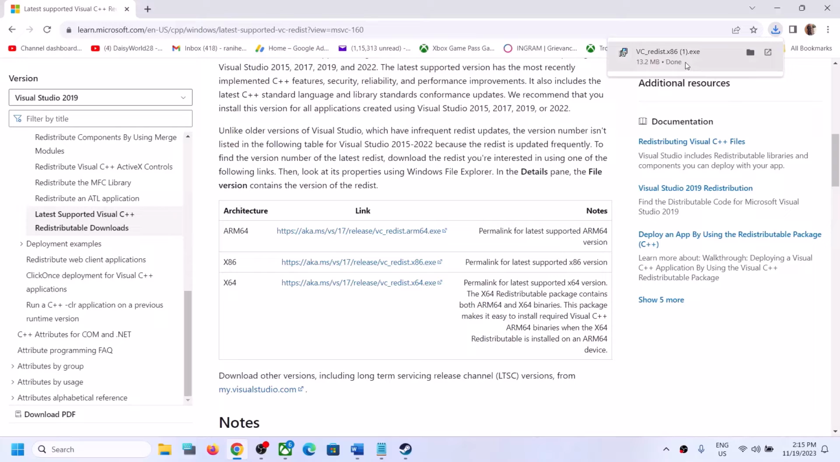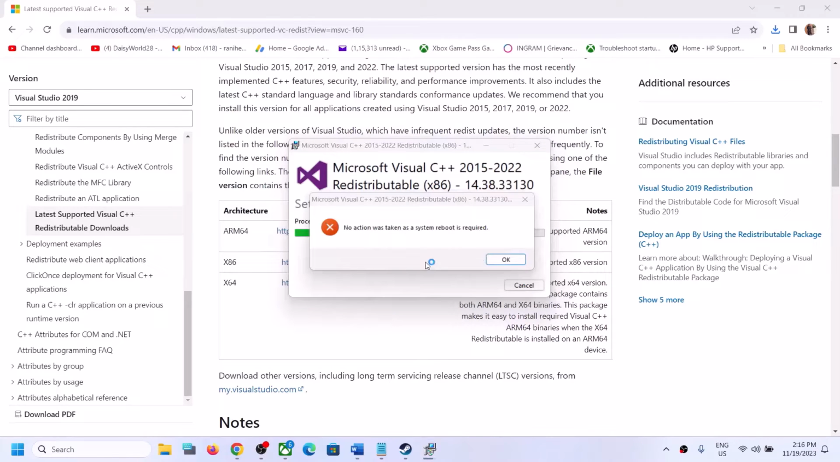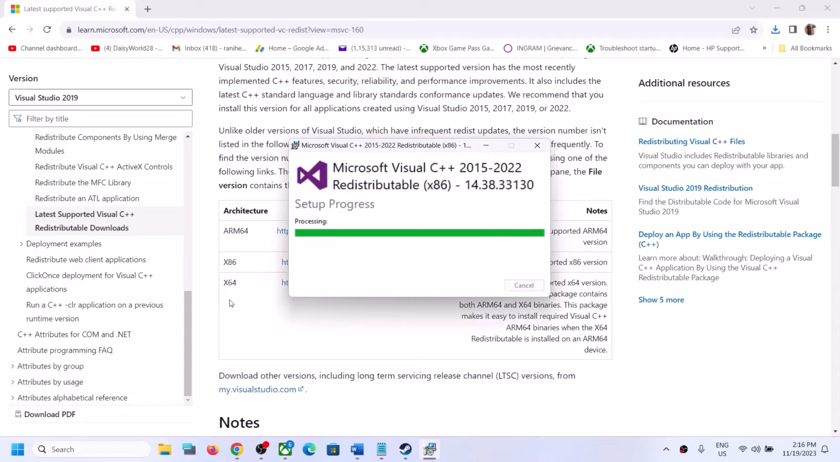So run the exe file. Now if you see the repair option, click on repair. If you see the install option, click on install. Click on yes to allow. In my case, this is already installed. So it's telling me to restart my computer. So please ignore the error message. If not installed, it will install it. And then